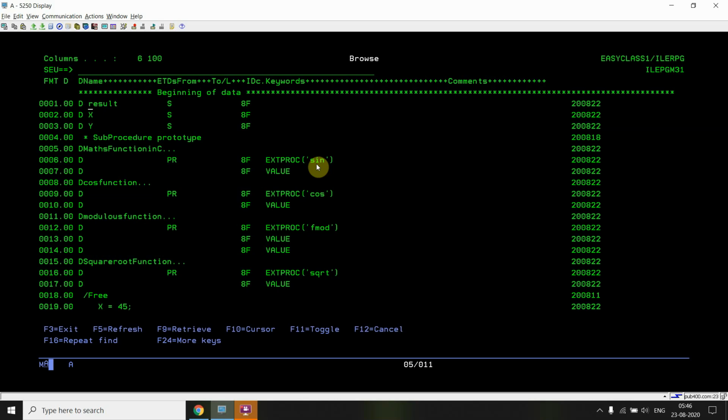So here you got the point of how you can call them. The main purpose of extproc was to use them with some other different name. I was using sine with a different name. If I were using sine with only the sine name, I wouldn't need extproc anymore. So using the prototype call method, we can call a C function.